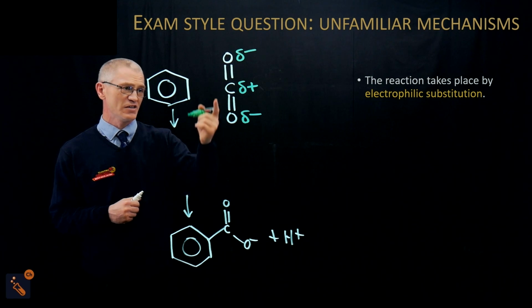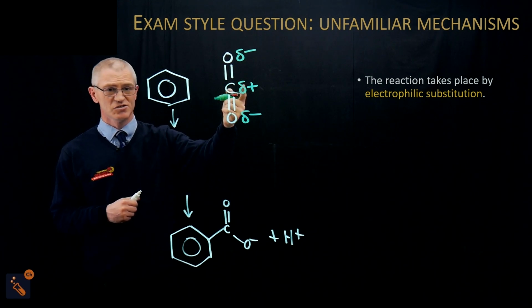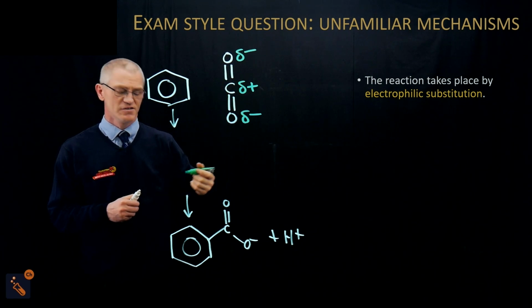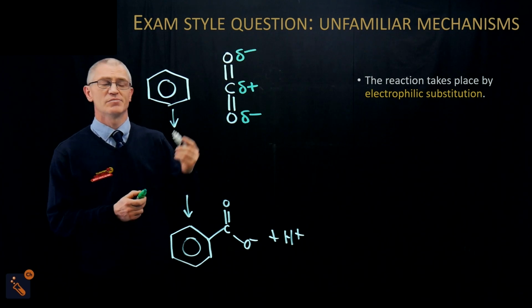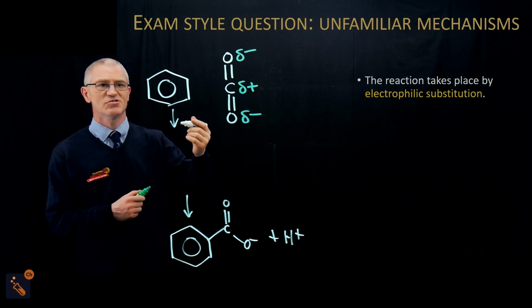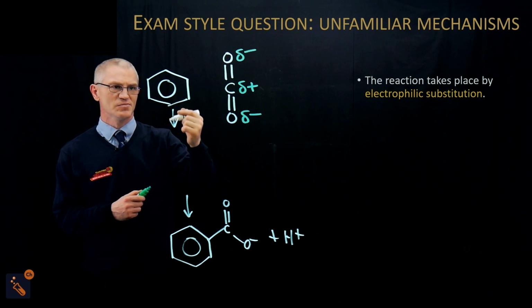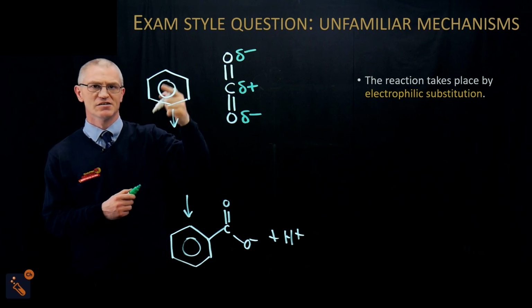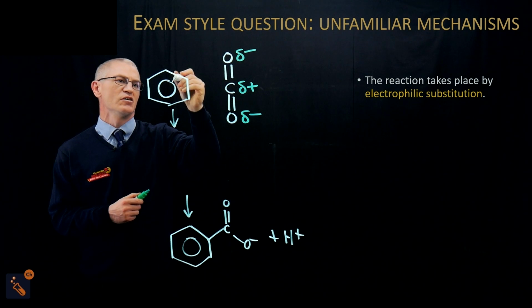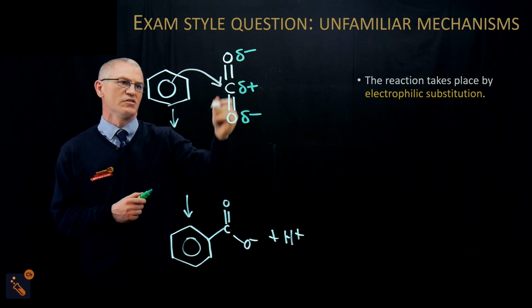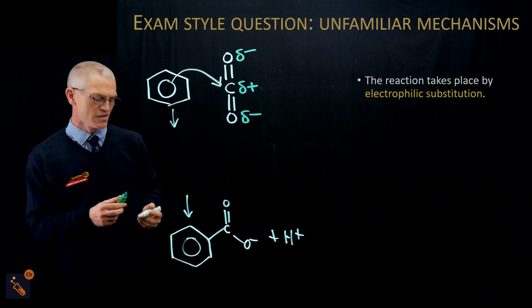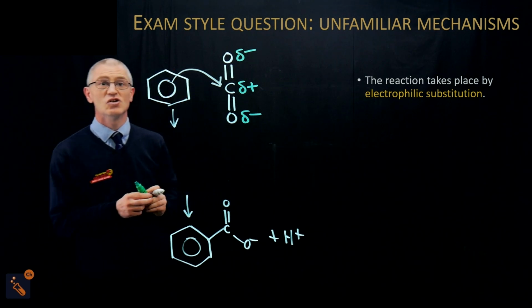I then feel I've got my electrophile. My electrophile is usually delta plus or plus. Okay, and then I look at my benzene and say, well, how does that fit electrophilic substitution? Well, electrophilic substitution usually has the arrow going from the delocalized electrons to the carbon. So there I have my arrow. The clever bit then is to look at the different